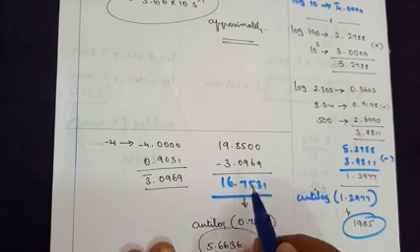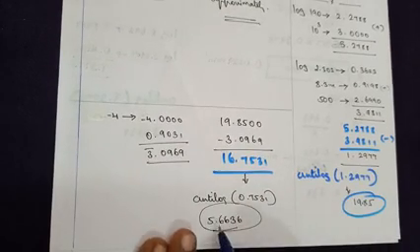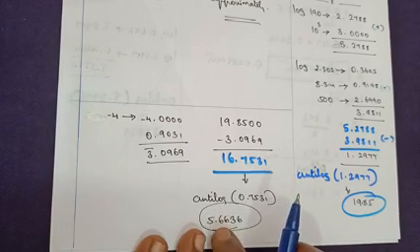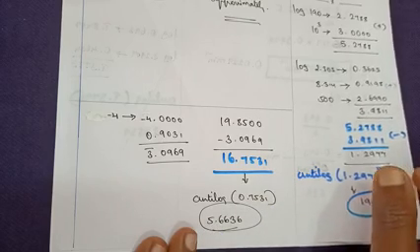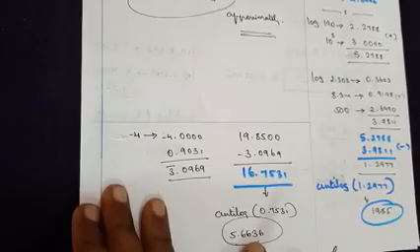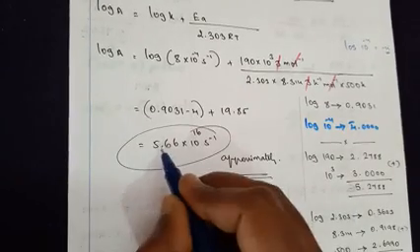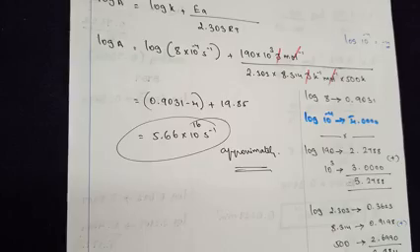Here again, anti-log: look for 0.75 under the third column with a mean difference of 1. Forgetting about the 16, we get the value 5.6636. Now the same thing, I can write it in terms of the value that is 16. So the final answer is 5.66 into 10 to the power 16 second inverse approximately.